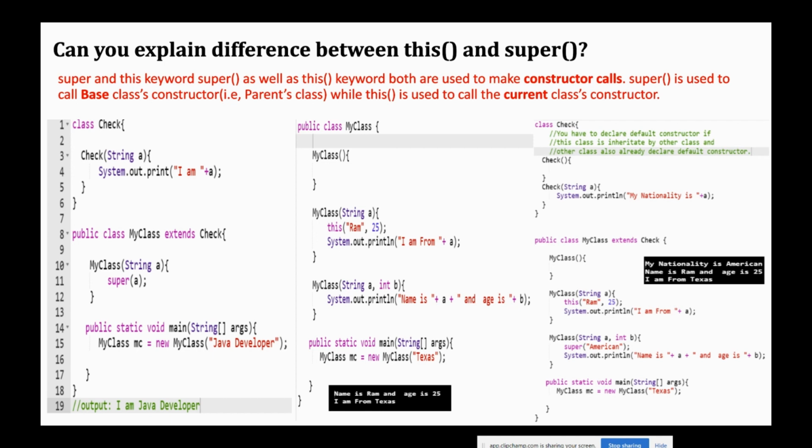So what happens when you call the constructor, MyClass mc equals new MyClass("Texas"), passing Texas? You see that the output will be on the right hand side: my nationality is American, name is Ram, and age is 25. I'm from Texas. This is how super works,